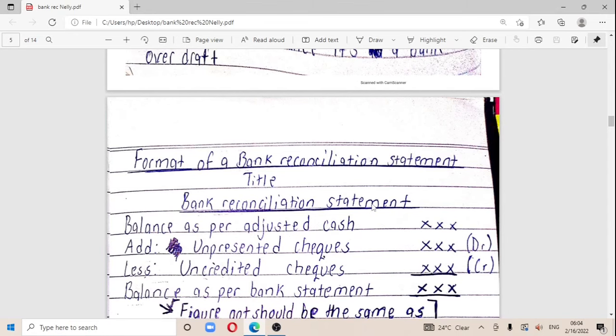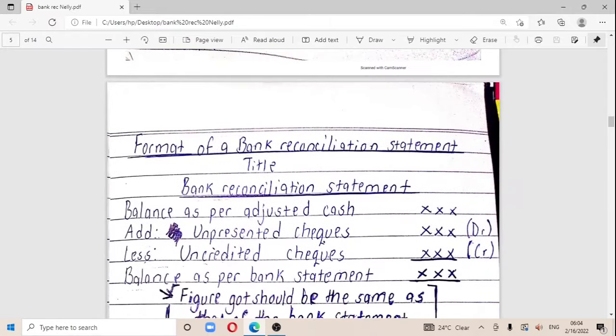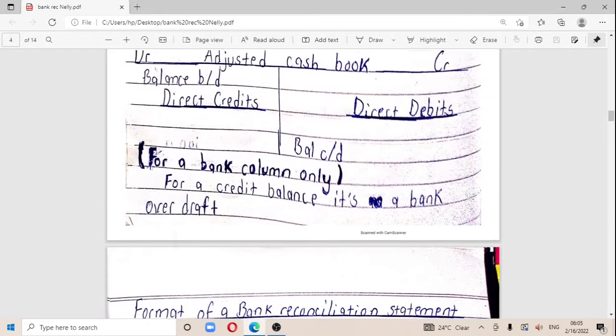But if it was a debit balance, the normal balance, like what we are having here, you don't need to put it in brackets, it is a positive figure. This positive figure plus the unpresented checks, you less the uncredited checks. Now with bank reconciliation, unpresented checks are like your debit side. If you are confused on the bank reconciliation statement about which one is debit and which one is credit, the less of the uncredited checks will be your credit side. So having known that,